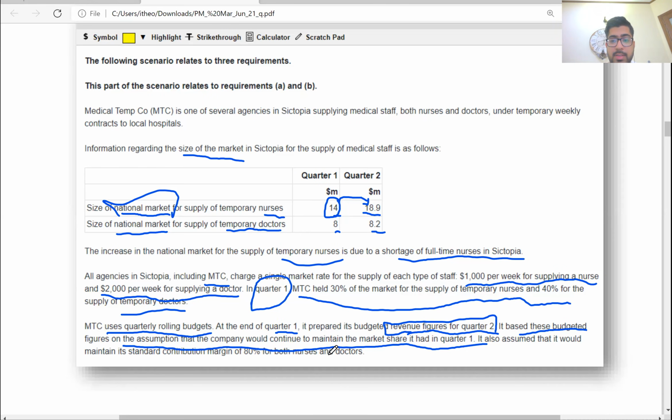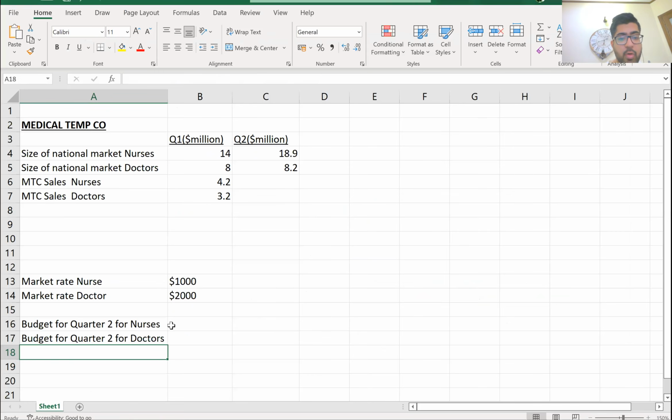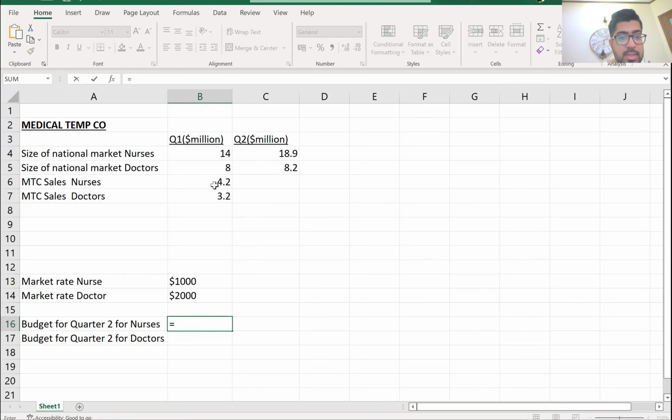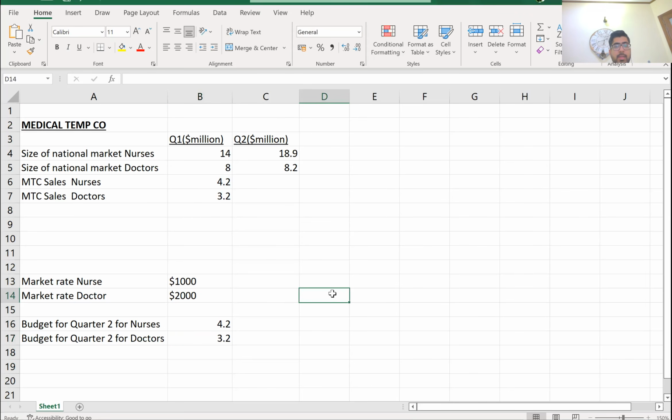So you prepare budgets for Q2 and you assume that the market share would be the same as you had in Q1. That means the budget for Q2 is based on the assumption that you would have the same market share as in Q1. So the budget for Q2 for nurses would be the same as you had in Q1, that is 4.2. And for doctors, it's going to be the same as you had in Q1, 3.2. Okay. Again, this is also a very important point which you need to take care of, that the words